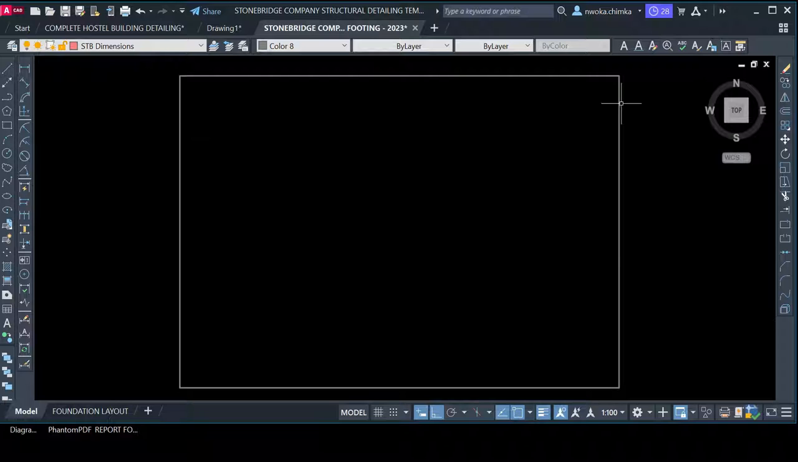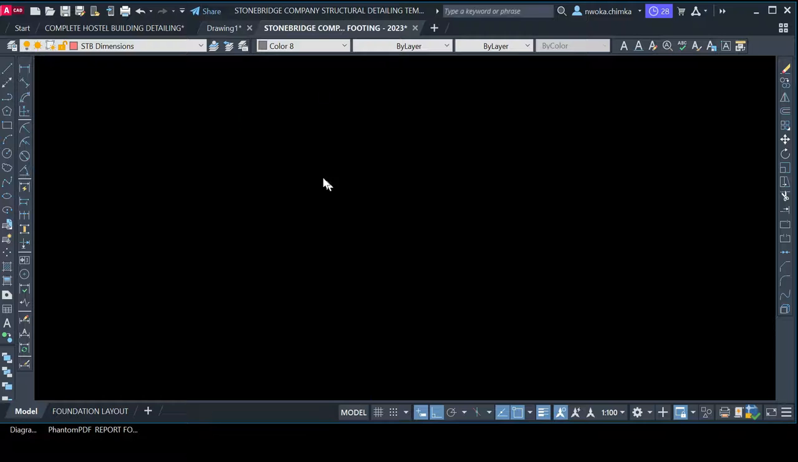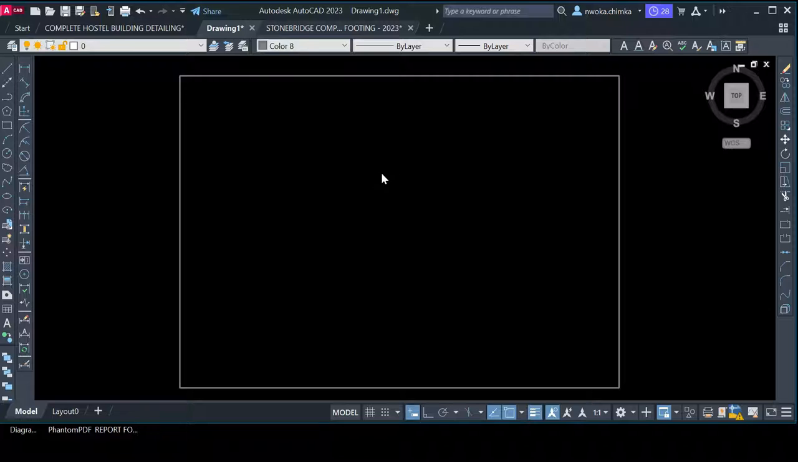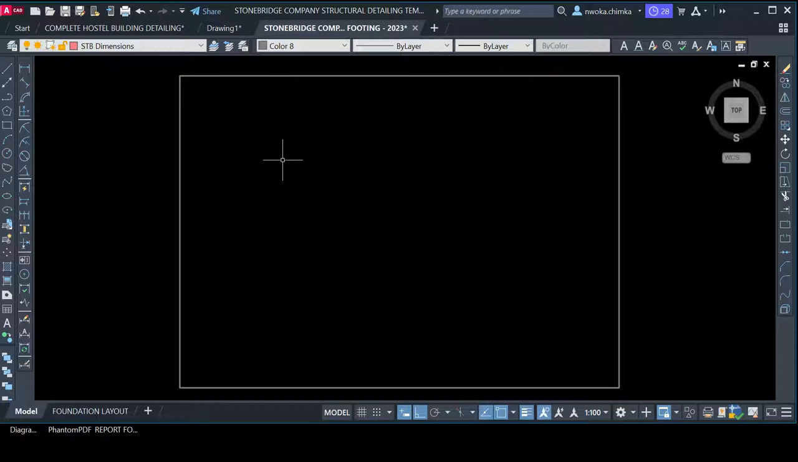Now, when you open this right now, you will see this block area here. This is where you're meant to paste all your detailing that came from Protastructure. Once I paste this drawing that came with the software Protastructure into this template, automatically it will optimize